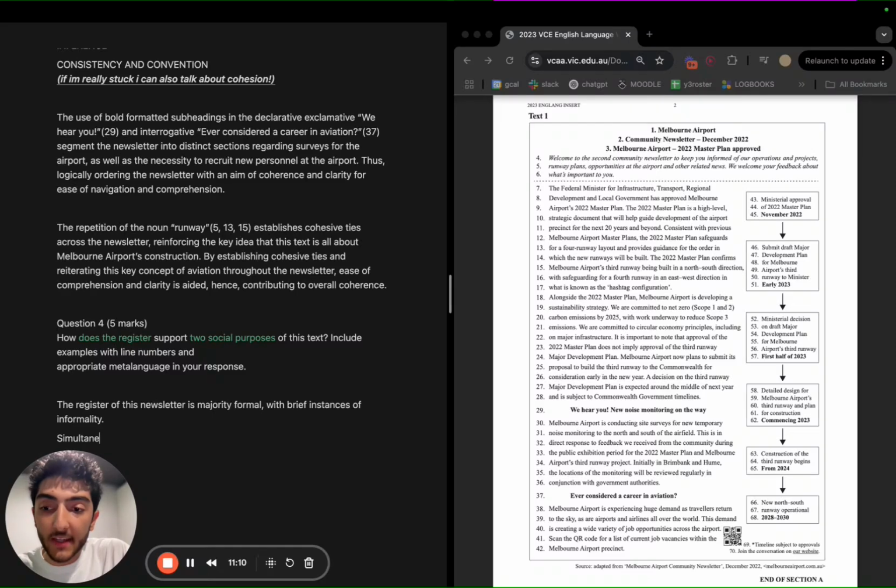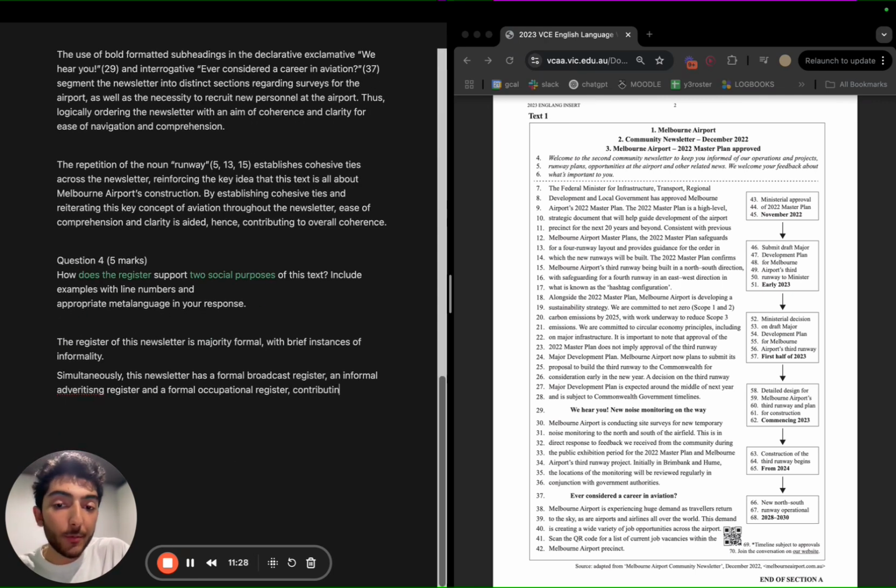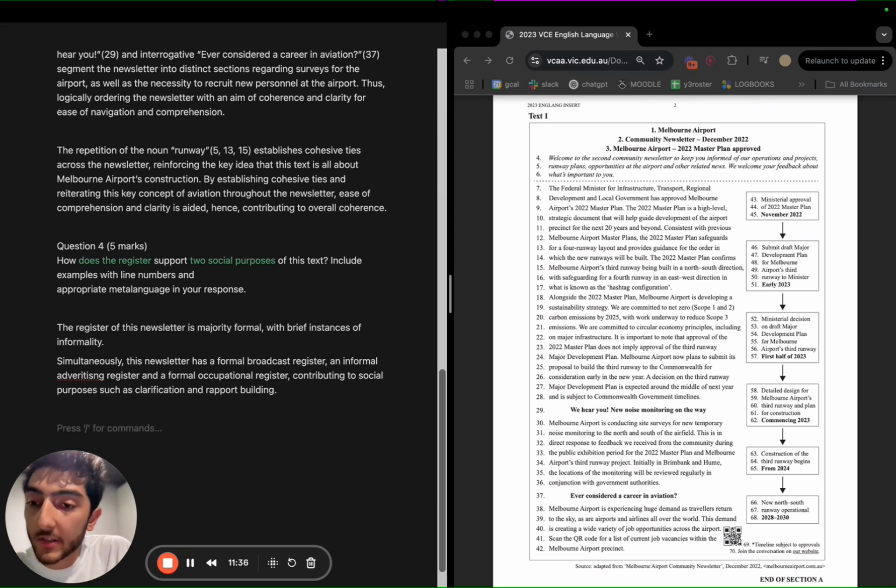And simultaneously, this newsletter has a formal broadcast register, an informal advertising register, and a formal occupational register, right? Contributing to social purposes such as clarification and rapport building, right? And now we'll get into it.